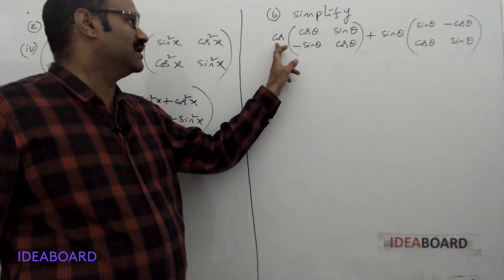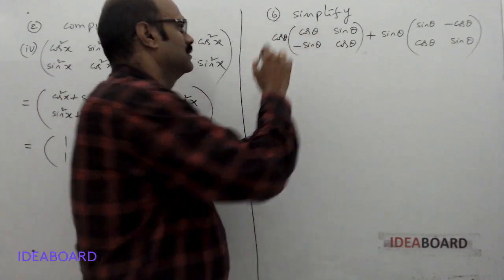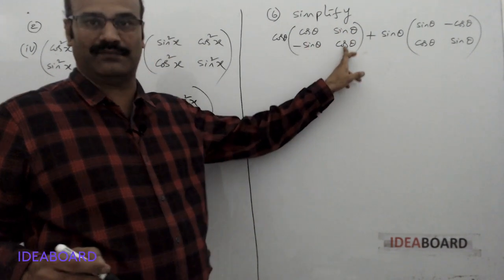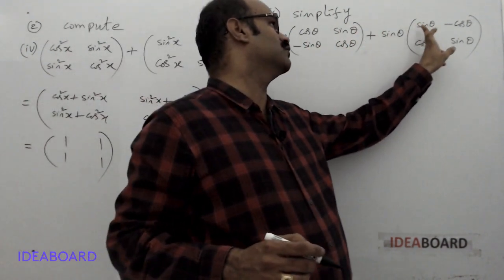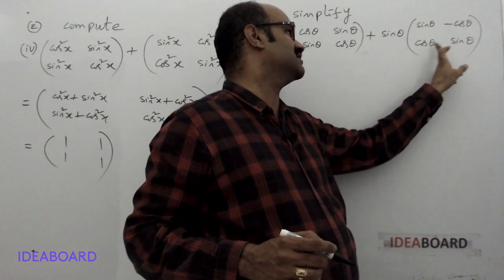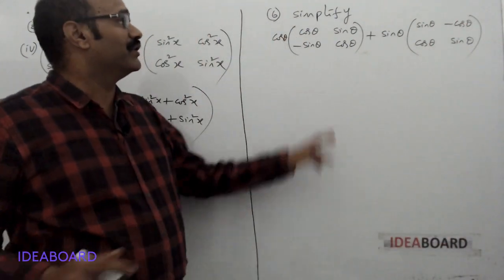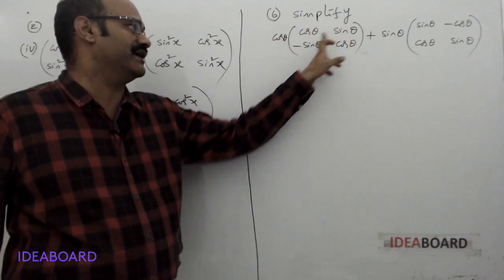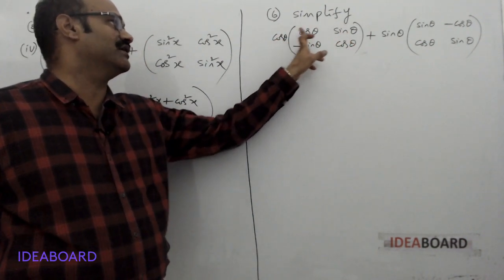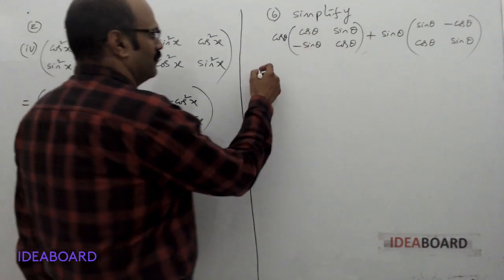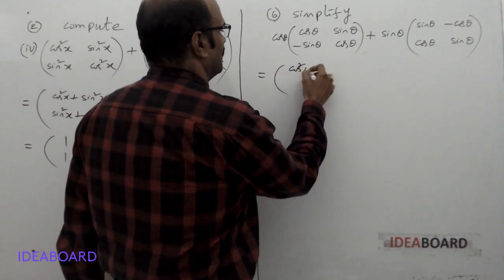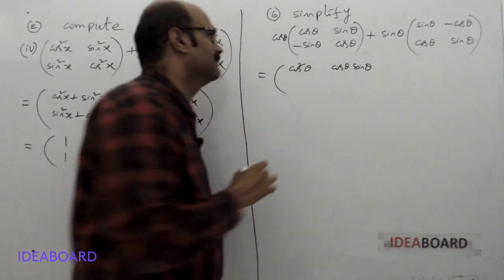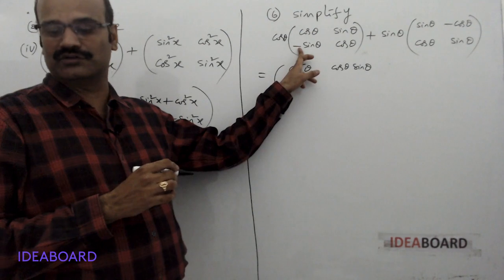Simplify cos theta into sin theta minus sin theta into cos theta plus sin theta into sin theta minus cos theta sin theta. Here we have to multiply cos theta with each and every element of this matrix. So cos theta into cos theta equal to cos square theta, cos theta into sin theta, next minus cos theta into sin theta,